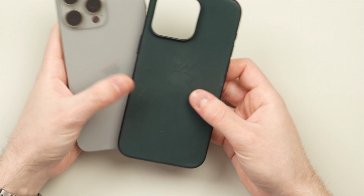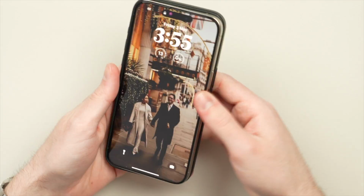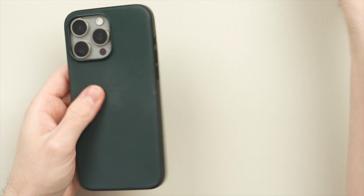So up next, we have the very controversial FineWoven case. So we're gonna go ahead and apply it here, again, using that same method. Now, why is this case so controversial? Well, Apple's FineWoven case actually replaced their leather cases, and I even have one here back from my previous iPhone